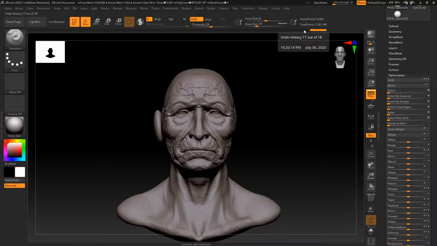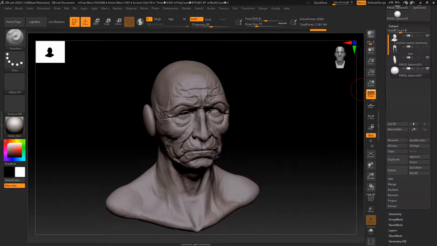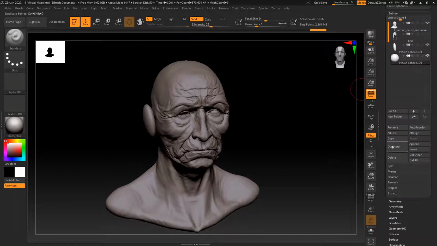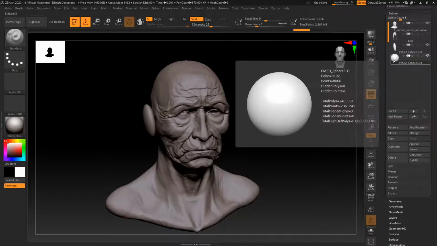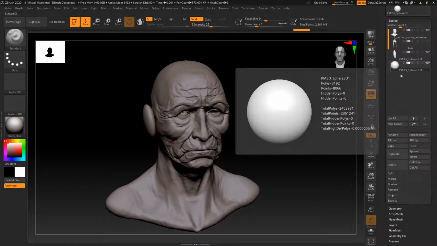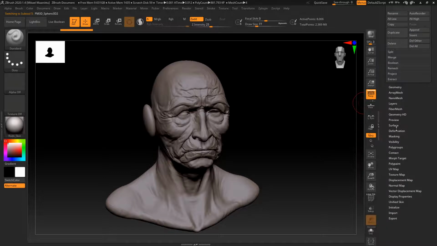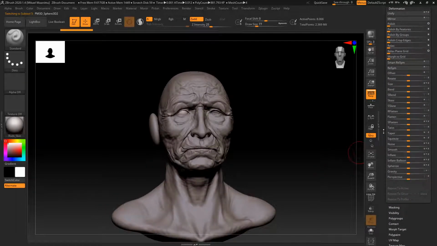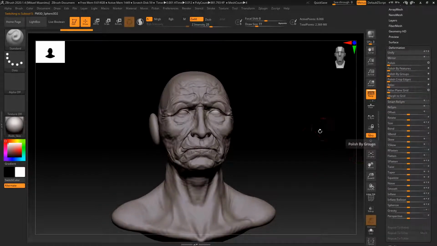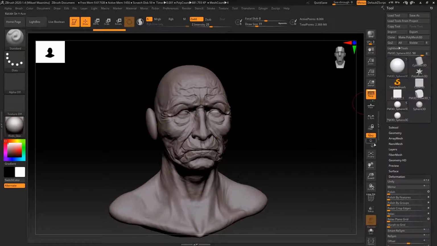So let's take a step back, change it back to the X axis and click on mirror. And oh, sorry, I should have duplicated this mesh, of course, first. So duplicating works like so that we just hit this duplicate button in here. So now let's go and mirror the eye. Okay,